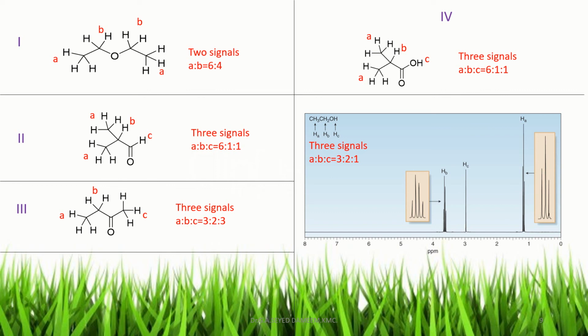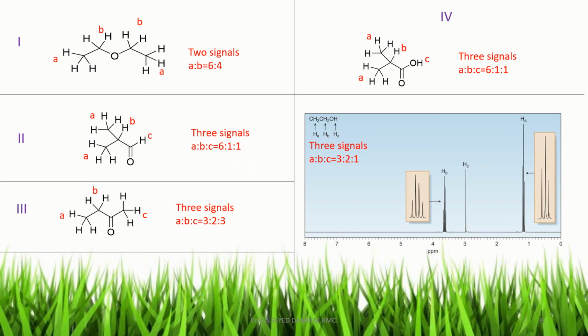Another compound, the fourth compound, it gives 3 signals. It contains 2 equivalent methyl groups and 1 methine group, that is denoted by letter B, and COOH acid proton is given by the symbol C. So it gives 3 signals, 3 types of protons. The intensity ratio A is to B is to C is equal to 6 is to 1 is to